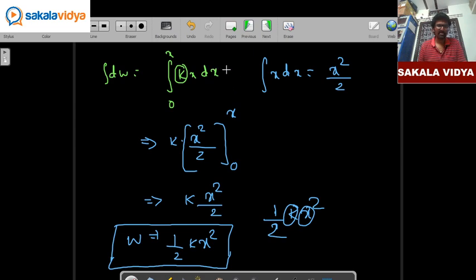So my dear students, this integration of dW is equal to integration of kx dx. Let us write it as equation 1, because it is going to play an important role in our concept number 2. So the formula for work done for a spring in expansion or compression is work done equal to half k x square, where k is the spring constant and x is the displacement made by the spring. Let us solve one question on this.